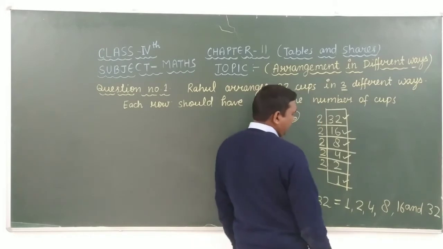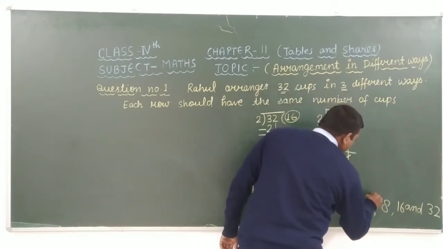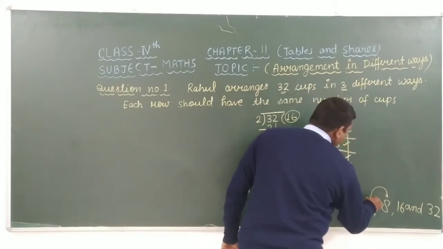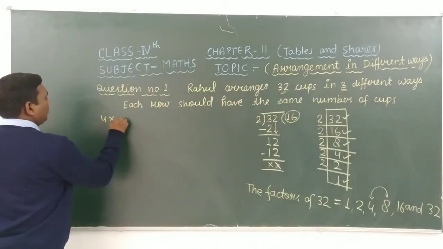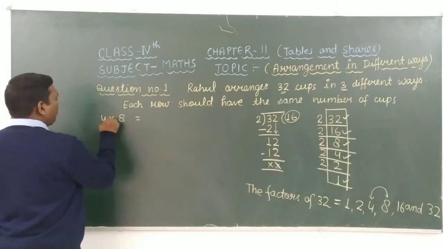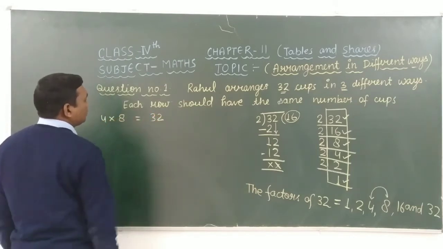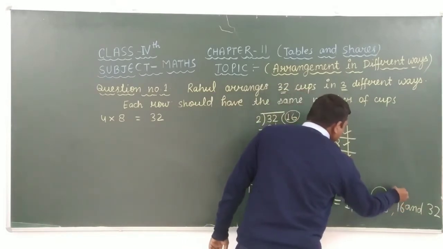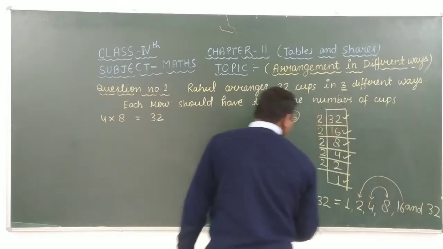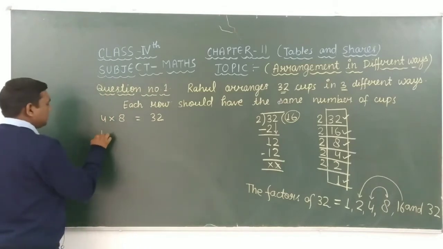If we take the multiplication of 4 into 8, then we get 4 8 the 32. Similarly, if we take the multiplication of 16 and 2, then we get